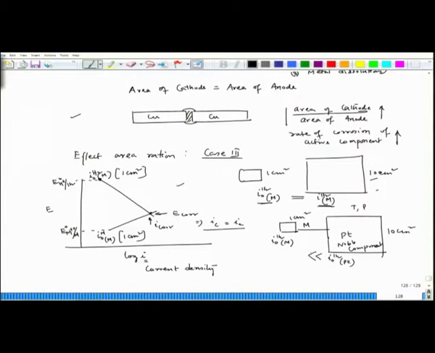Now, whether it is on 1 centimeter square platinum surface or 10 centimeter square platinum surface, in both cases this value would remain the same. So, if I have this point as my I0 of hydrogen evolution on platinum surface, then whether it is 1 centimeter square or 10 centimeter square, it will lie on the same point, and accordingly I have the new mixed potential and accordingly the new corrosion current density. So, actually it should be here,